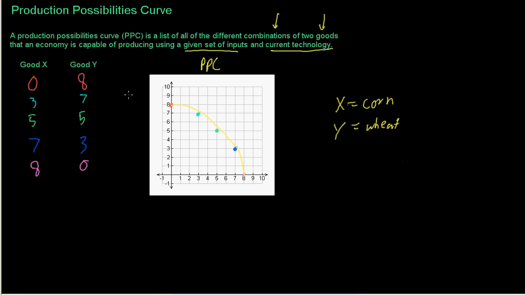Obviously, he could choose to plant a little bit more corn and a little bit less wheat than if we were at 5 and 5, so he could be a little bit over here. But it's up to him, and these are just the points that I outlined because they're easy whole numbers. So there's 3 things that I want to say in this video, and then we'll do a little bit more in the next video. The first one is that